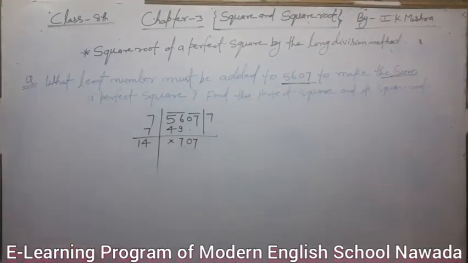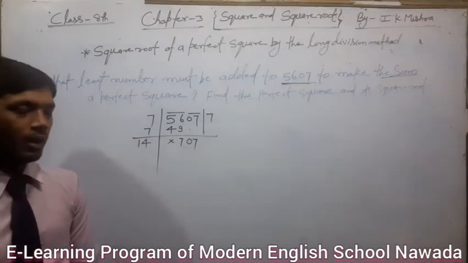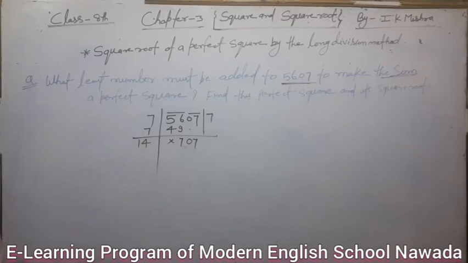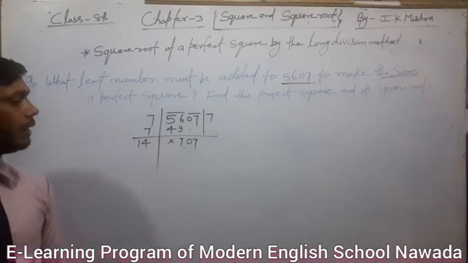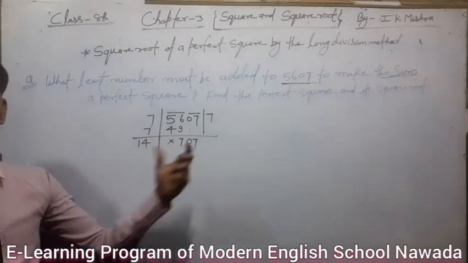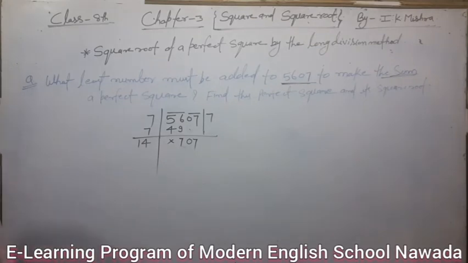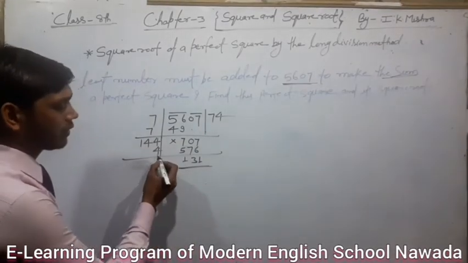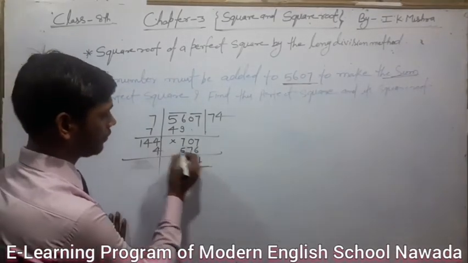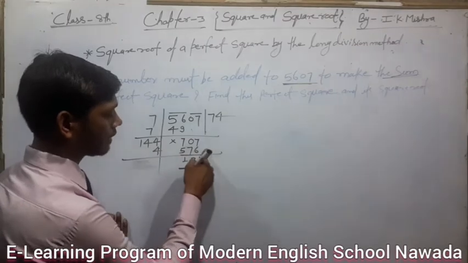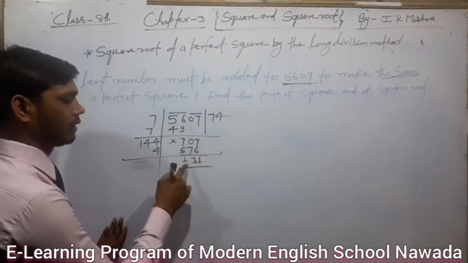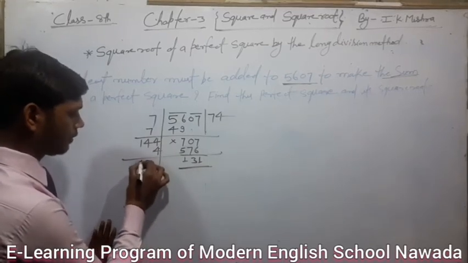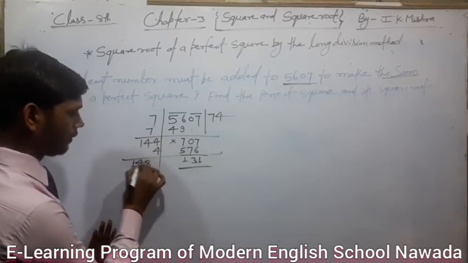If you divide it by 5 times, it will be greater than 707. So you have to divide it by 4 times. That means 4 multiplied gives 576, and subtract it, then 131 is the remainder. After that it will be 8 4 1.